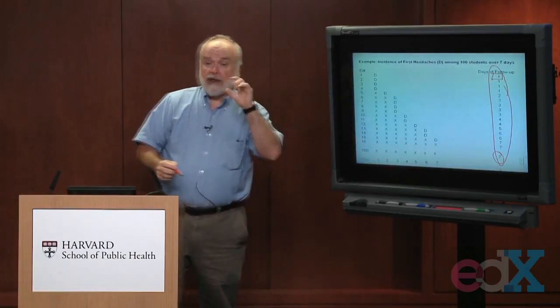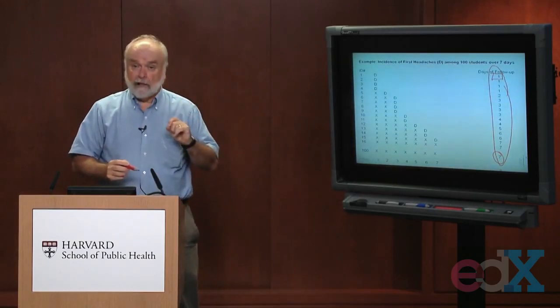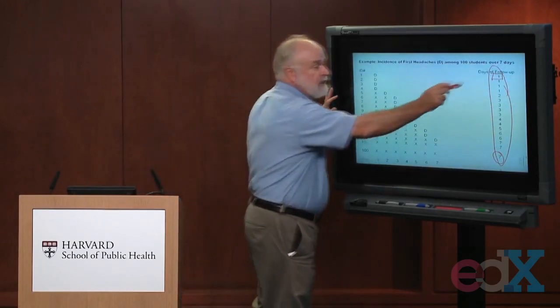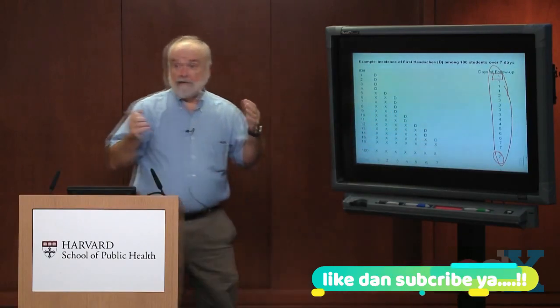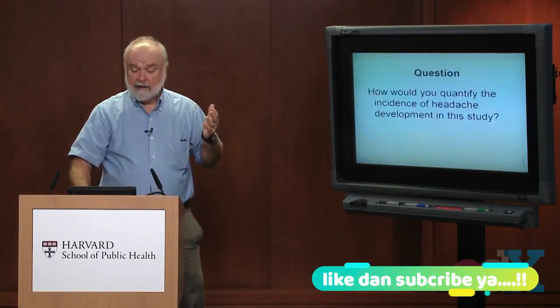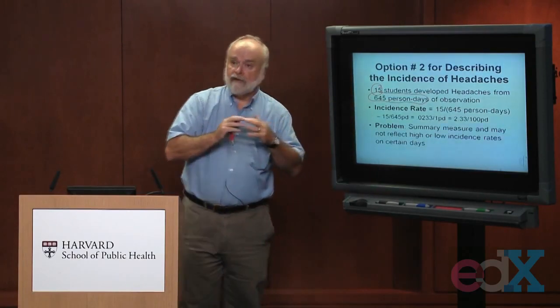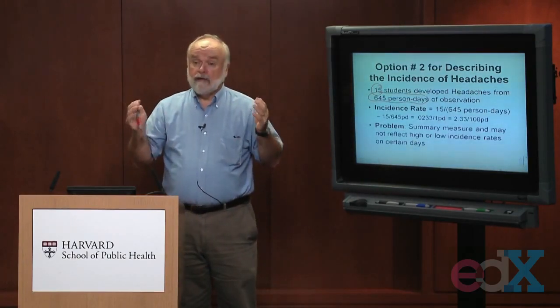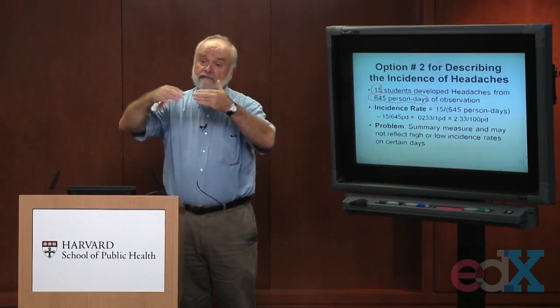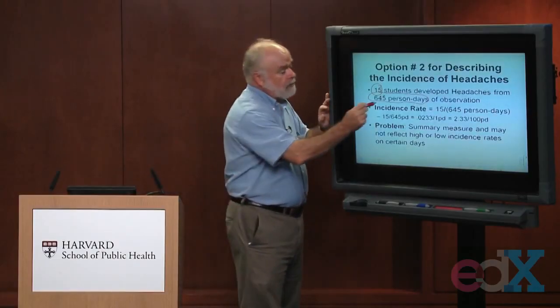So what I could do is add up all the person days of follow-up, add up all the numbers in this last column. And if I added correctly, which hopefully I did, you'd end up with 645 total person days of observation. And what did you observe? Out of that 645 person days of observation, 15 new cases of headaches occurred. So we can define something called the incidence rate